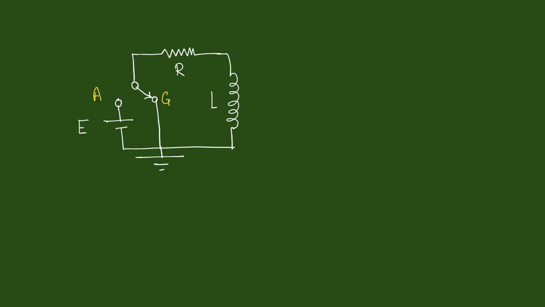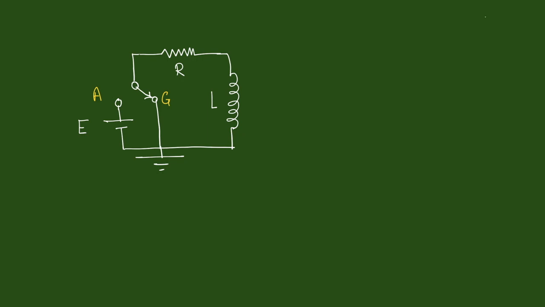In our circuit, we are going to connect an external resistor R, assuming that the internal resistance of the inductor is negligibly small, and this series combination will connect across a voltage source of EMF E. We are going to use a two-way switch over here so that we can either connect the voltage source across the series combination of LR, or we can disconnect the voltage source and connect the inductor parallel to the resistor R.